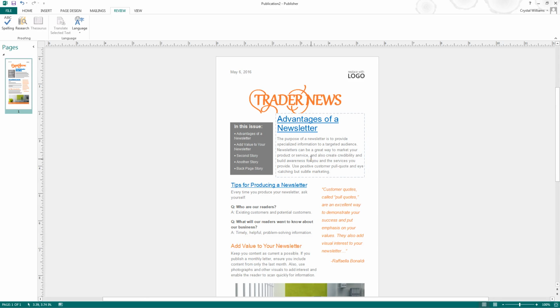Lesson number 5, sending emails using Publisher. After you've spent some time getting your publication ready, it's time to email it or send it out to your recipients. In order to send it directly to your email recipients, you will have to have Outlook installed and set up on your computer. So as long as you have Outlook installed and ready to go, we can send this